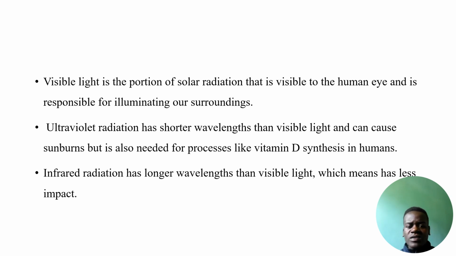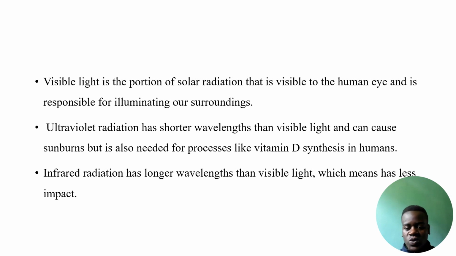Another, you can say, visible light is not a factor that influences solar radiation. It is another term that I'm going to explain. Visible light is the portion of solar radiation that is visible to the human eye and is responsible for illuminating our surroundings. Ultraviolet radiation has a shorter wavelength than visible light and can cause sunburn,